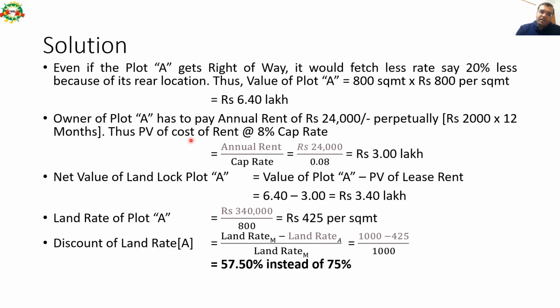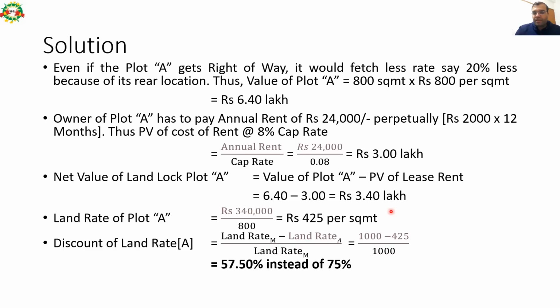So the present value of the cost of rent, assuming an 8% capitalization rate, is equal to annual rent divided by capitalization rate, which is equal to 3 lakh rupees. So we have to deduct these 3 lakh rupees of annual rent, which is required to be paid by the owner of A, from the total value of plot A, which gives us the net value of landlocked plot A. So value of plot A minus present value of lease rent is equal to 6.4 lakh minus 3 lakh, which is 3.4 lakh, the net value of the landlocked land if it gets right of way